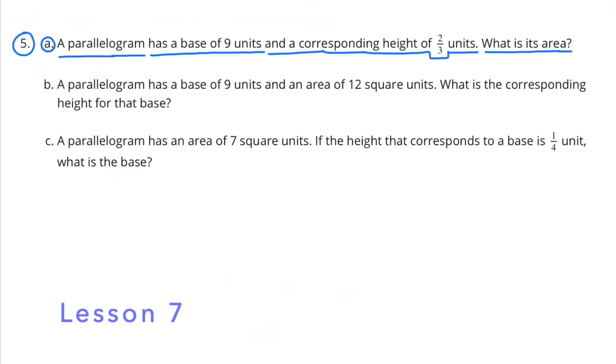Number 5. A. A parallelogram has a base of 9 units and a corresponding height of 2/3 units. What is its area? To figure out the area, we're just going to multiply the base times the height, or 9 times 2/3. So we can just multiply 9 times 2/3, but I have a different way to show you that I think